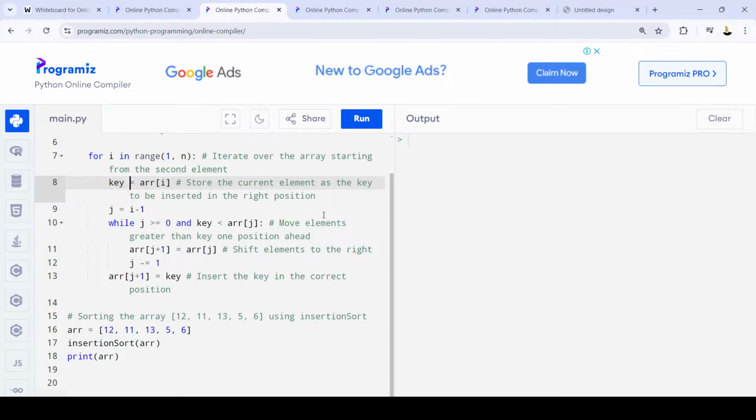Moving on to the next line: while j is greater than or equal to 0 and key is less than array at index j. This line introduces a while loop that continues as long as j is not less than 0, which means it will execute while j is at least 0 and the key is smaller than the element at index j. The purpose of this loop is to find the perfect position for the key by shifting larger elements